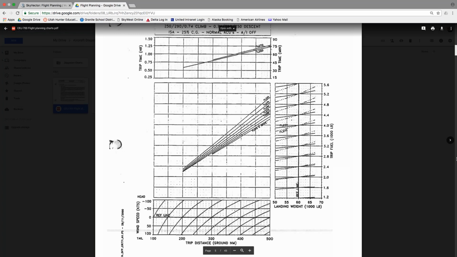If you get in here, this honestly takes like 30 seconds, right? Go over your distance, come up to your reference line, adjust for speed, go up to your right. If it comes out just about the same, then don't go through and redo your weight and balance. If it's a negligible difference, don't worry about it. But if it's something like 200 or 300 pounds different,